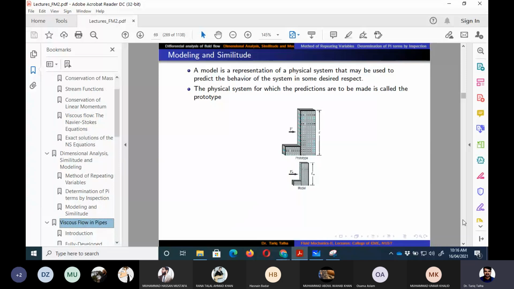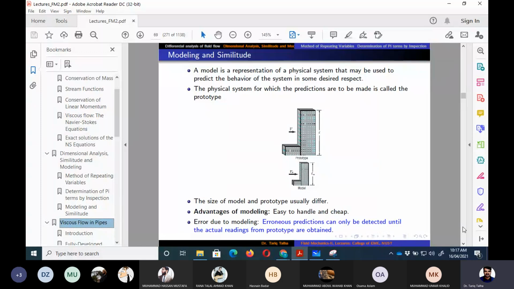So that model is the representation of a physical system, right? The model is the scale down or scale up model, and the actual system is the prototype, as shown in this figure. The above figure is the prototype, which is the actual system on which we need to calculate drag or anything we want, and there is a scale down model. So why do we create a scale down model? Because they are easy to handle, but